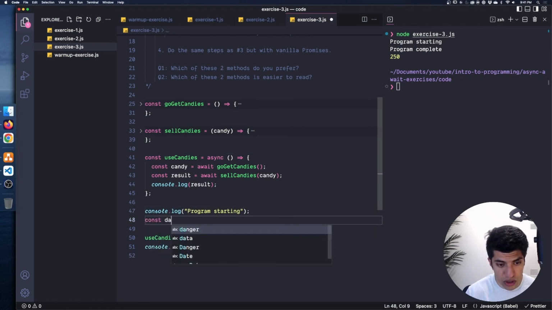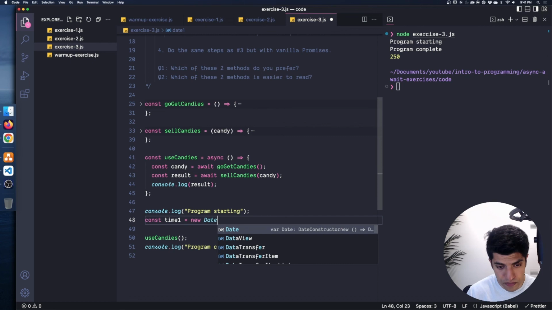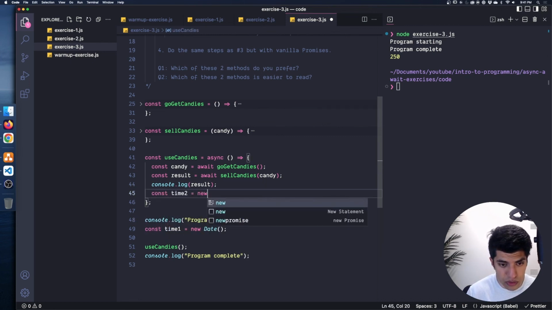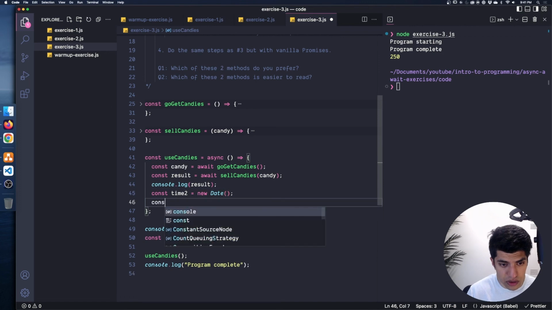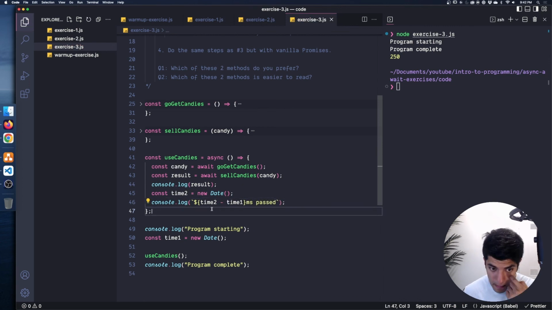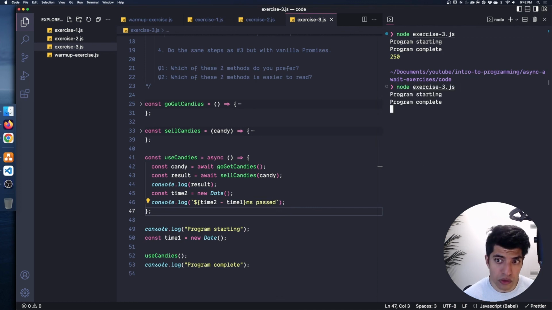I'm going to say const, I'll just be really simple with the dates here, I'll say time1 is equal to new Date. And then I'll say const time2 is equal to a new Date. And then I'll say console.log, time2 minus time1 milliseconds passed. Okay. So if we run this, what we'll see